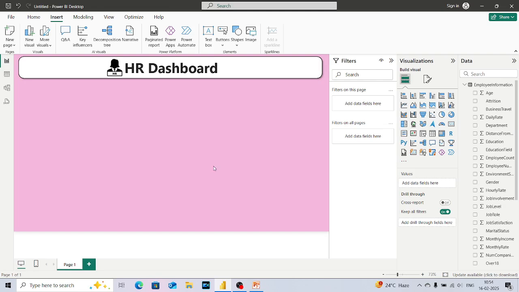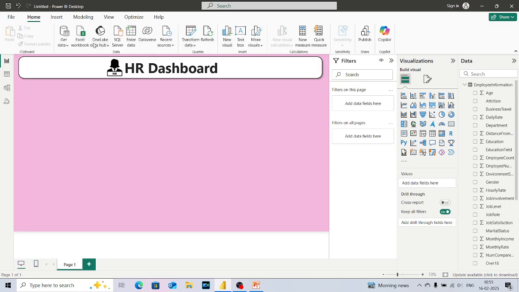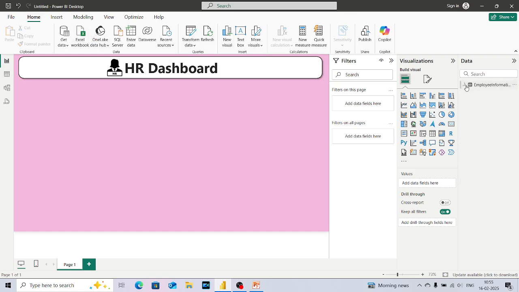Our first requirement was how many employees are present in that organization, right? And from that, how many were male as well as how many were female. So what can we do to count the male employees as well as the female employees? We will come to Home, and here you can see that we have just this employee information, and we know how measures are created. We have to create plenty of measures in this video. So what we are going to do is